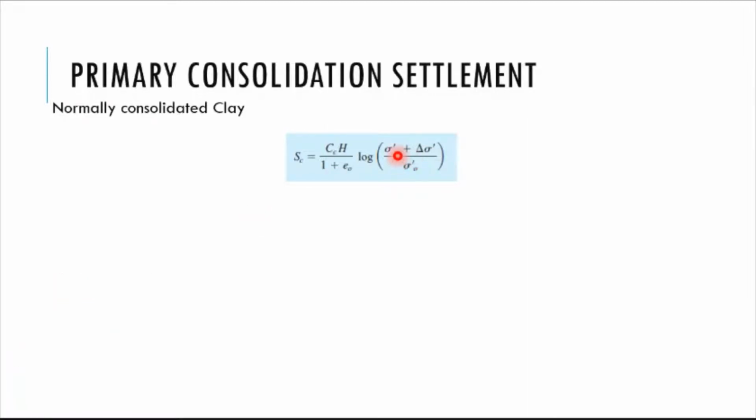Sigma o is the effective stress or the overburden pressure of the soil at the mid-height of the clay layer, and the change in sigma is the change in stress due to application of load in the soil, therefore resulting in consolidation. And again, this will be the overburden pressure at the mid-height of the clay layer, or the effective stress at the mid-height of the clay layer. So if it's over-consolidated,